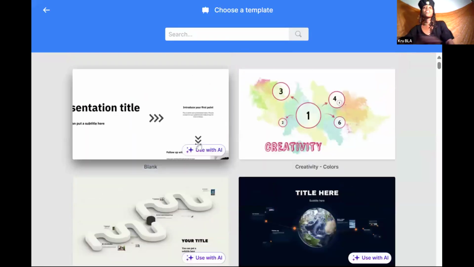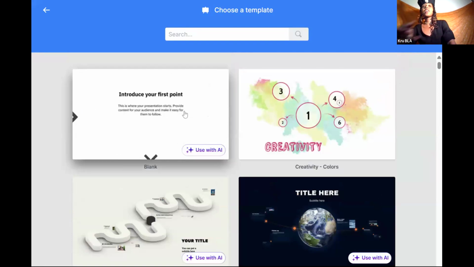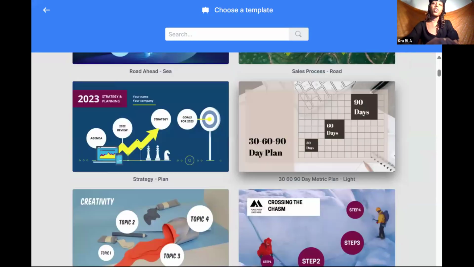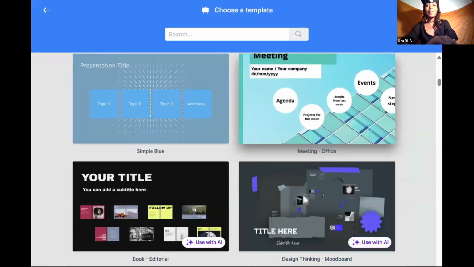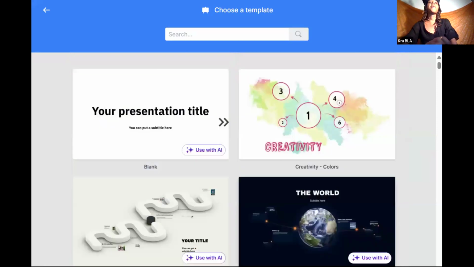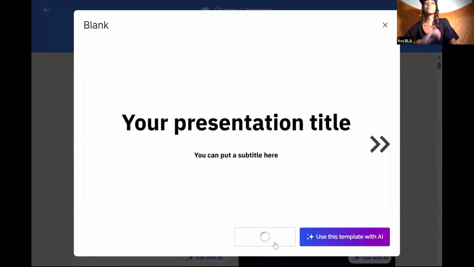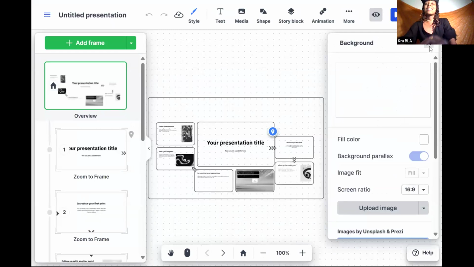So these are all the templates that you could choose. The one I'm using is this blank presentation right here, but you could choose any kind of presentation that you want. There are so many different creative ways that you can do this. I mean, the sky really truly is the limit. Okay. But we go ahead and start from scratch. Now I am going to click this so you can see what this template looks like when you start from scratch. But I am going to go back into the presentation, y'all,